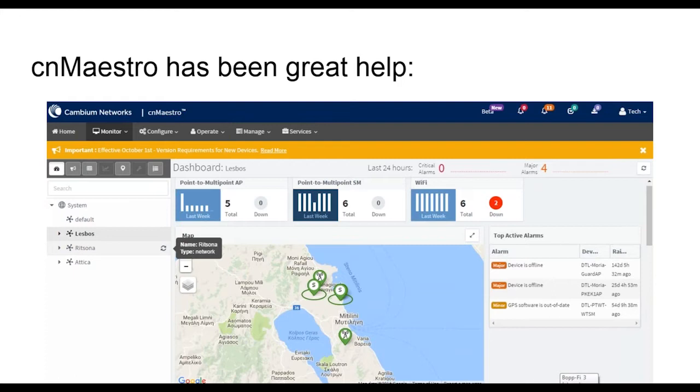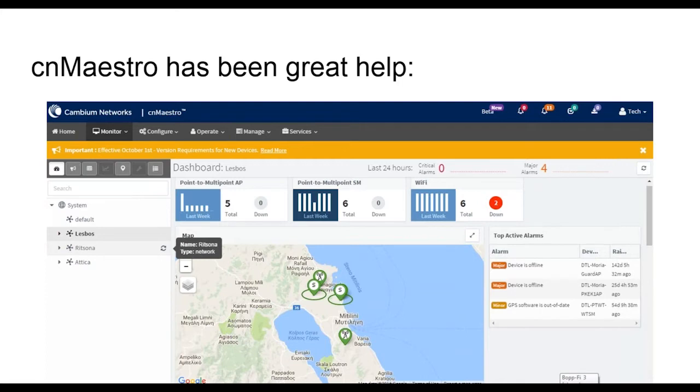Volunteers are normally never deployed for longer than 2 weeks, so we have a large turnover of personnel on the ground with a variety of technical skills. Some of them might have worked with Cambium equipment before, some of them haven't. We provide a certain amount of hands-on training, but it's great for us that at the point of installation of equipment,